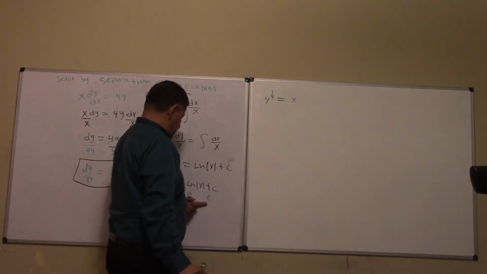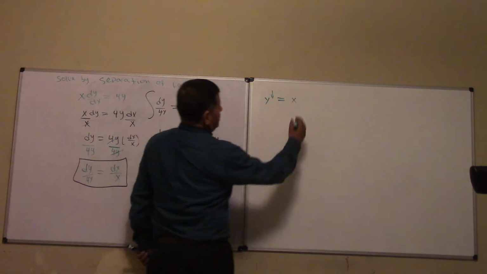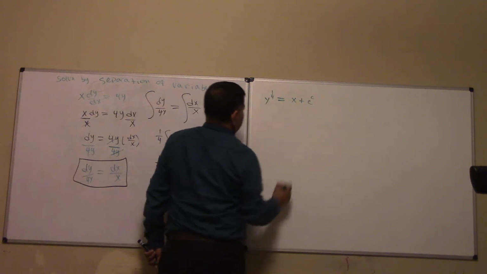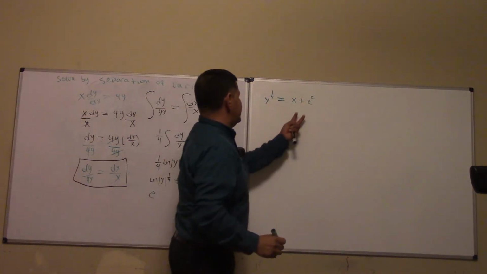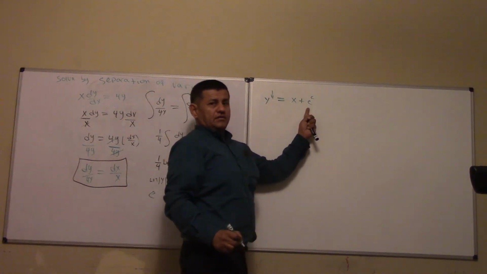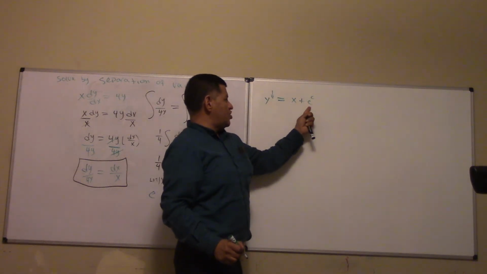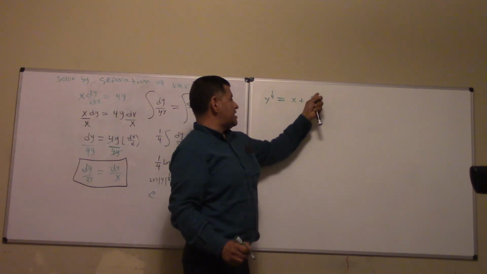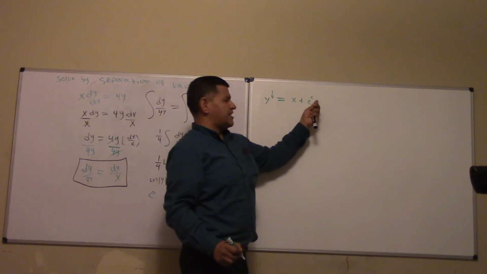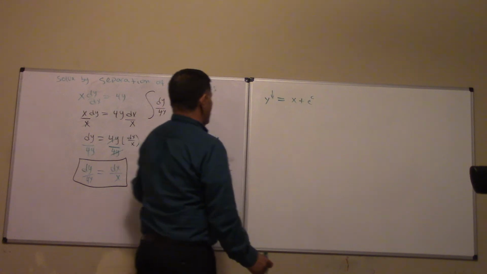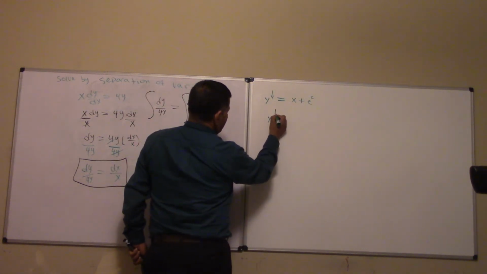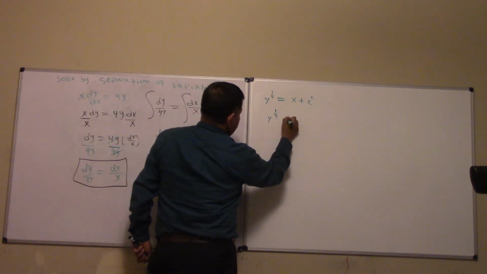So that means that it is actually still something like this. But if I have it something like this, then this is a constant anyway. So that's why we don't write this with e to the c power like that, because it's just a constant. So what we do here is the following. We do y to the 1/4 equal to,